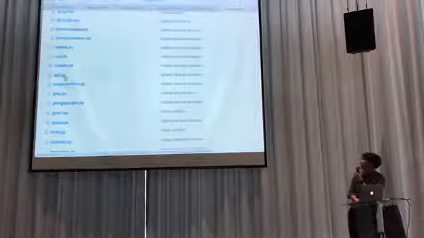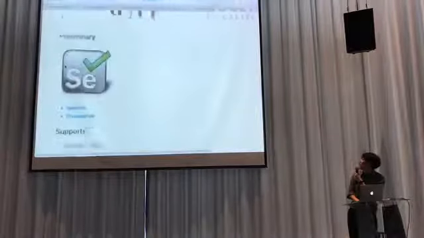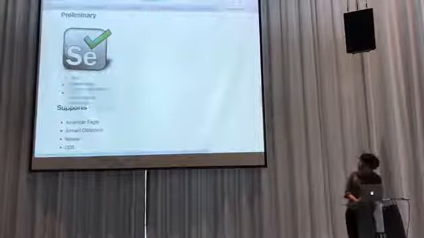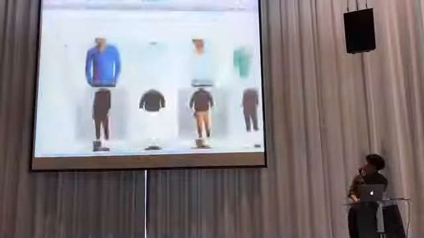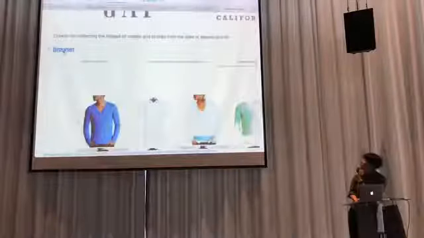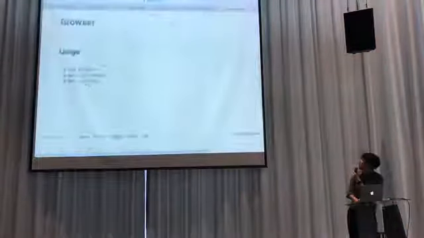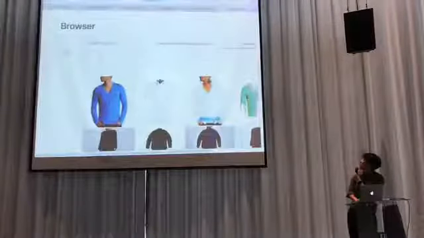Each file has some specific implementation of the crawler. Here's the guidance. And also the browser. It's a React-based app. So you can browse